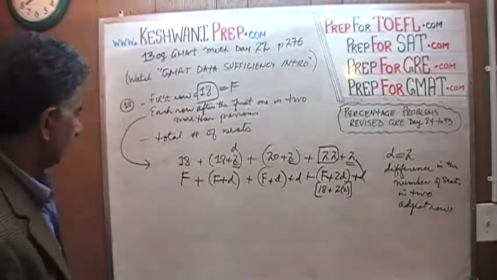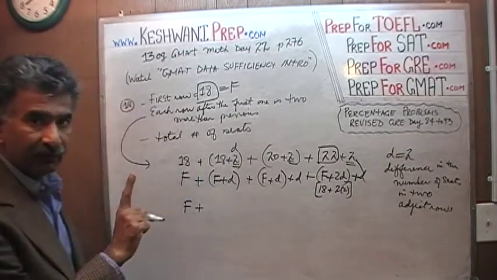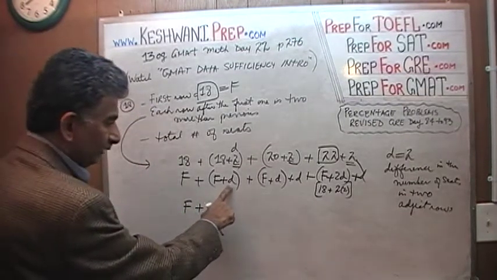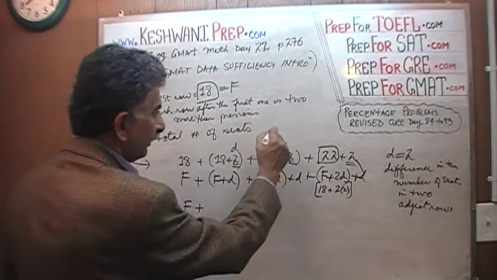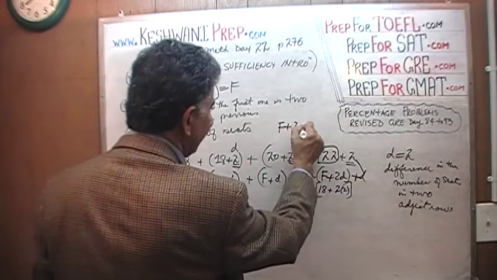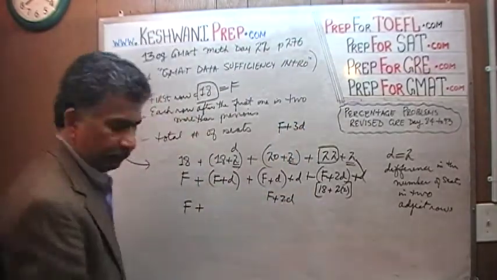Which is very simple. This is how we do it. F plus, you see, the first one is only f. Second one is d. So it's not 2 times d, it's just d. The third one is not f plus 3d's. Third one is f plus 2d's. The fourth one is,